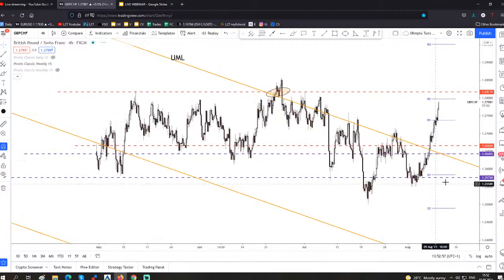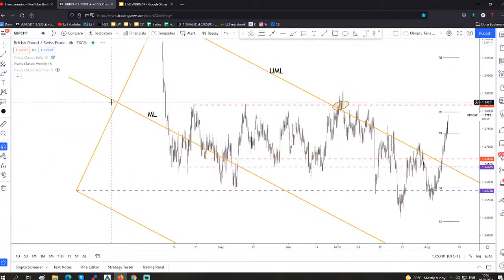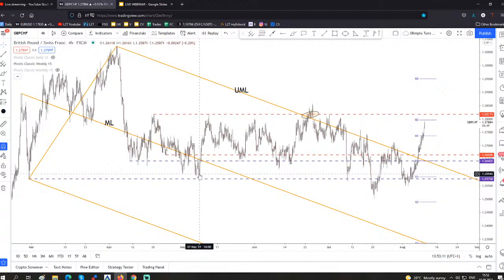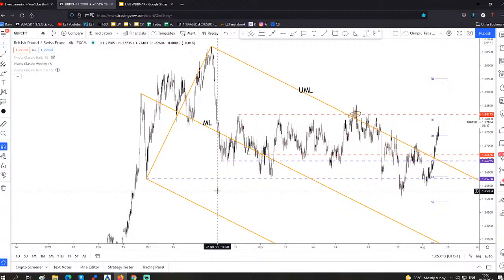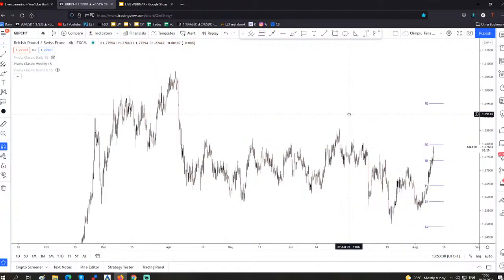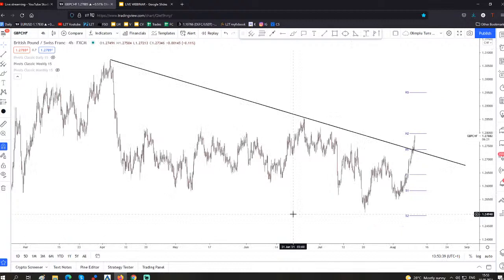Yeah, something like sideways movement here in the British pound versus the Swiss franc. Unfortunately, yeah, it has increased significantly after jumping above the upper medium line of this descending pitchfork. I will delete all my drawings here because I want to make a fresh and new analysis. So breakout also above this downtrend line. And also here, let's try to draw something